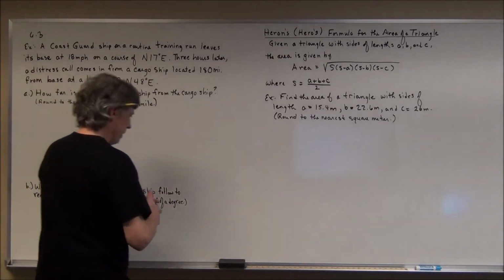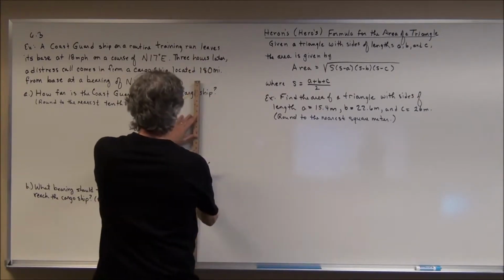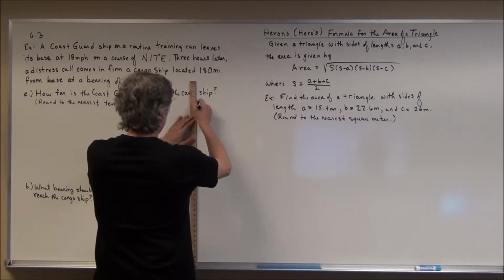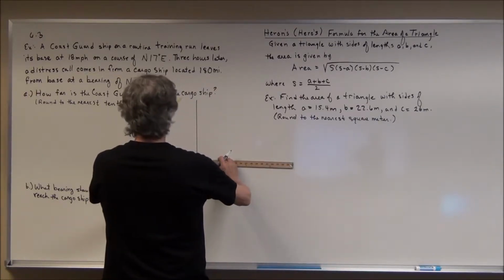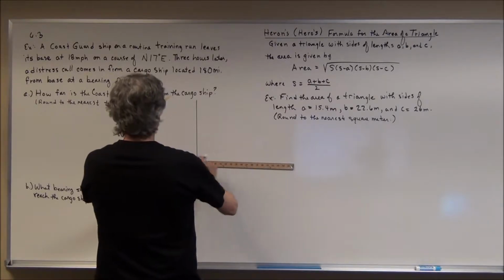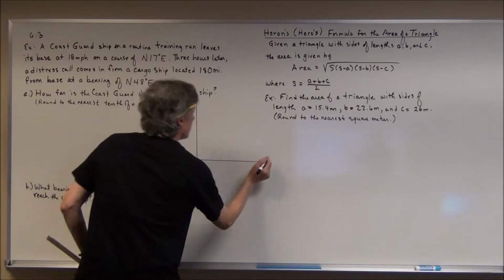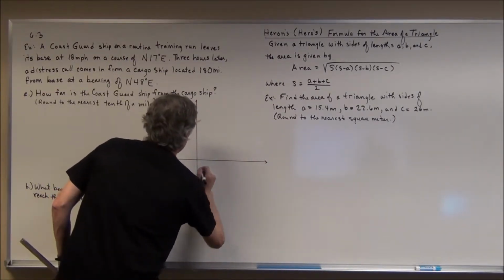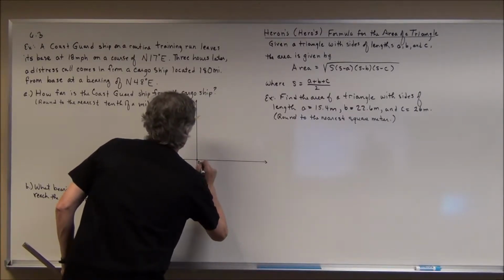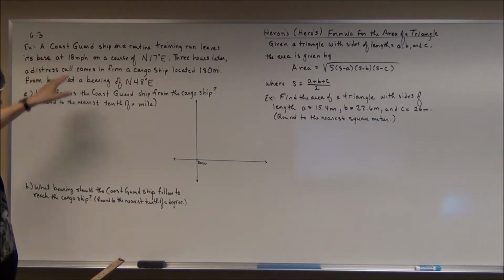I'm going to try, well, maybe I better use a yardstick here, and I'm going to try to draw this out if I can a little bit. Now pretty much everything's up here in the first quadrant because of the bearings that are given, so I'm going to draw my drawing that way. I'm going to put most of the emphasis here in the first quadrant, and we'll say that the origin right here is the base. The base that the Coast Guard is leaving here, and it goes 18 miles an hour